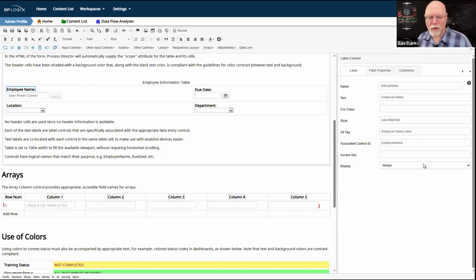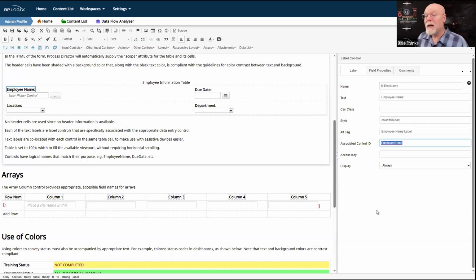This will enable users to go from field to field, and you can also navigate to specific fields by name if the label is associated with the data entry control.